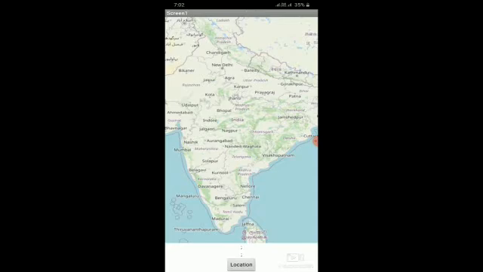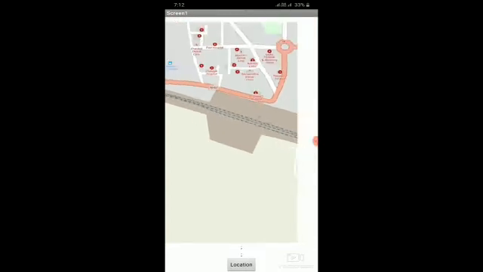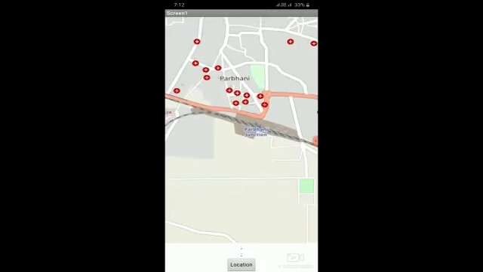But before starting, I'll show you the practical of our application. So this is the app here. Now I'll click the location button and this app will track my location and show it on screen. So after clicking the button, you can see your location. So this is my location here. It's showing Parbhani. Now let's get started with our app.